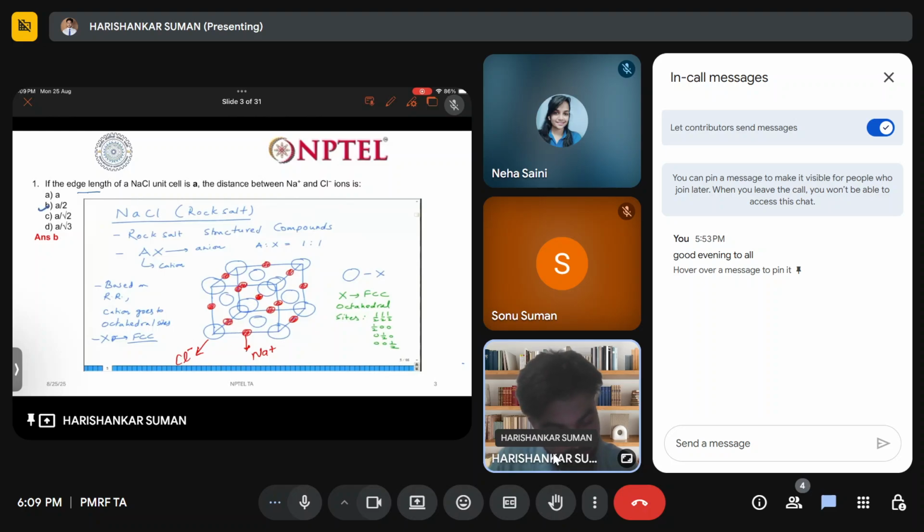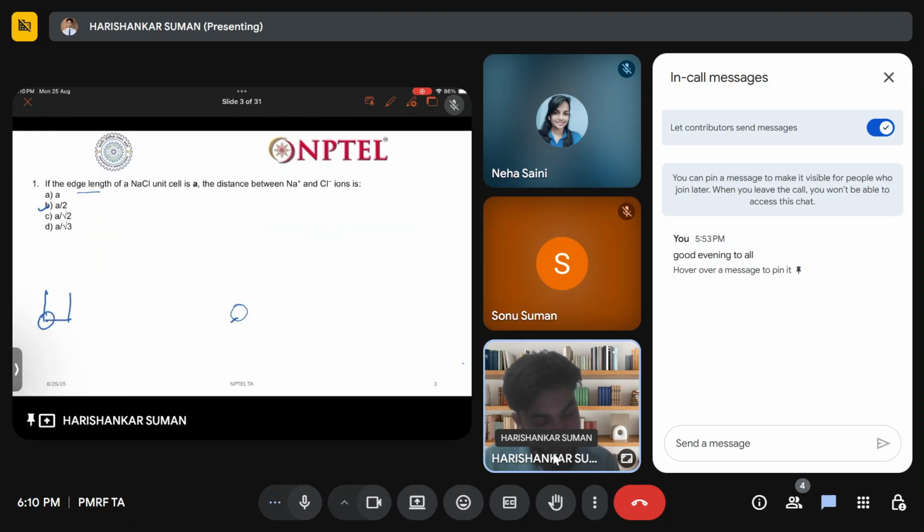A by 2 is the distance. Why? Okay, you can take H first neighbor. You have to take the first neighbor. Don't take the second nearest neighbor. So first neighbor on the edge, you can, sorry, let me go again here. Minimum distance between the first neighbors. That's why